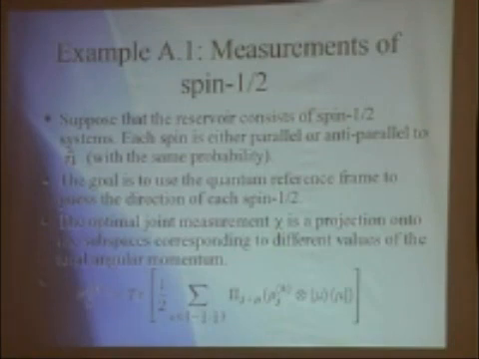There exists an optimal measurement chi, which is just a projection onto the total angular momentum subspace of j plus 1/2 and j minus 1/2, but that's a detail. This is the best measurement, giving you the best probability of guessing whether the spin 1/2 was parallel or anti-parallel. Then you can define a quality function as the probability of your guess being right. This is the equation corresponding to this.